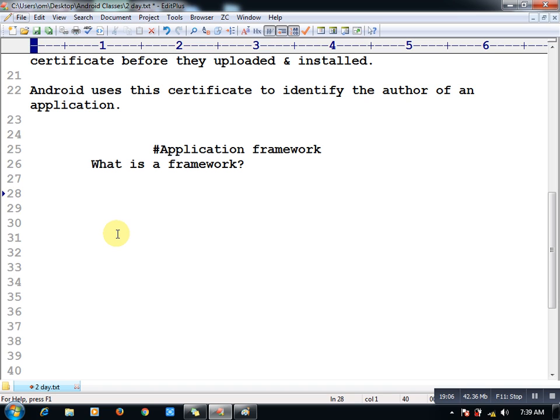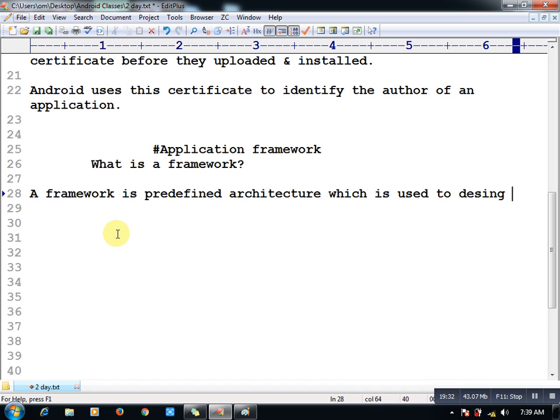A framework is a predefined architecture which is used to design the application by using framework classes. I'll give one more definition apart from this one, because every author, every programmer will frame their own definitions. By using framework classes,